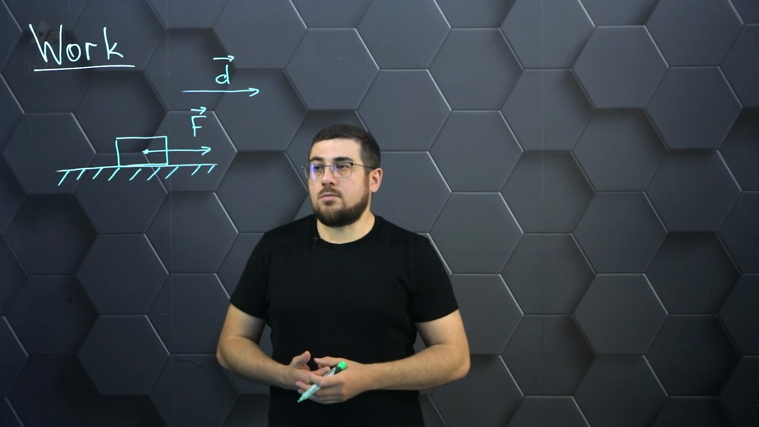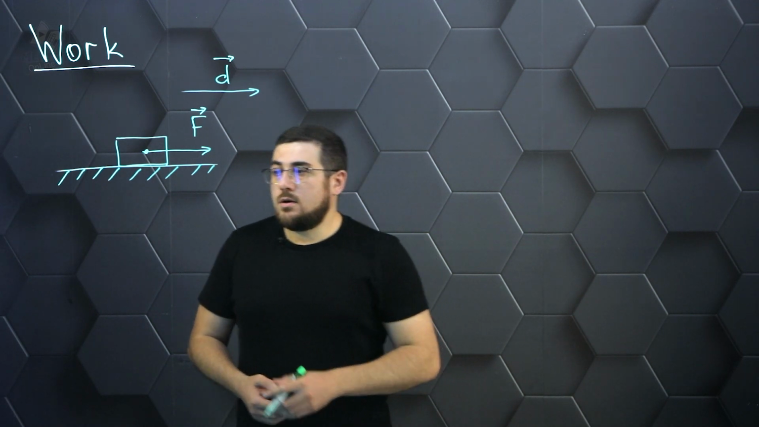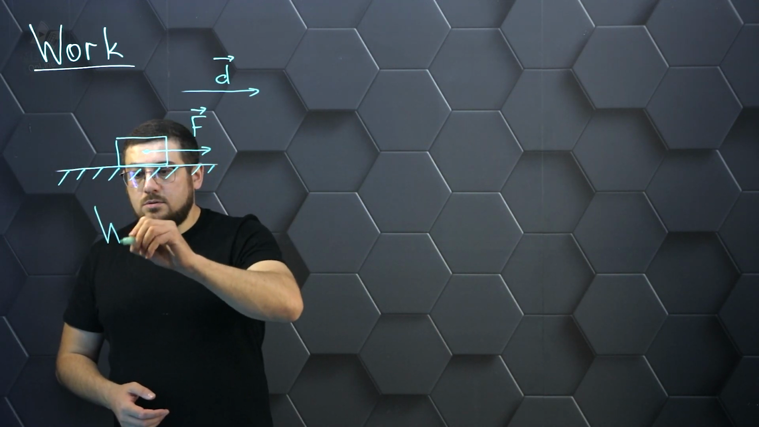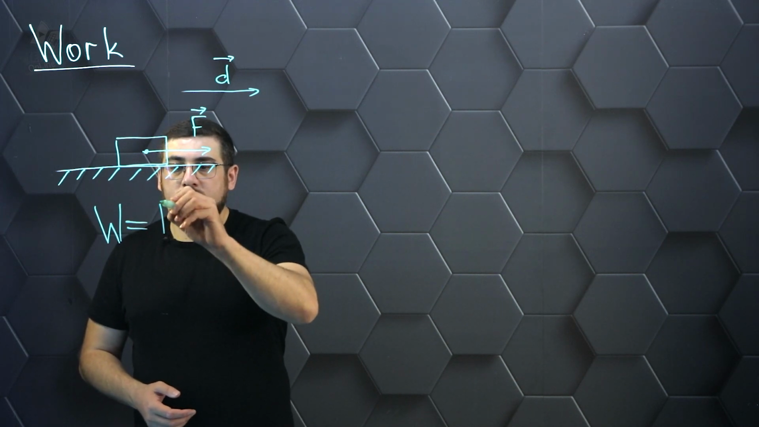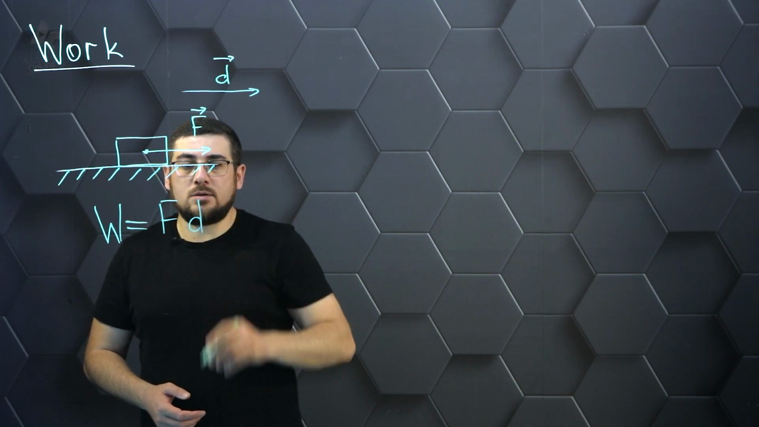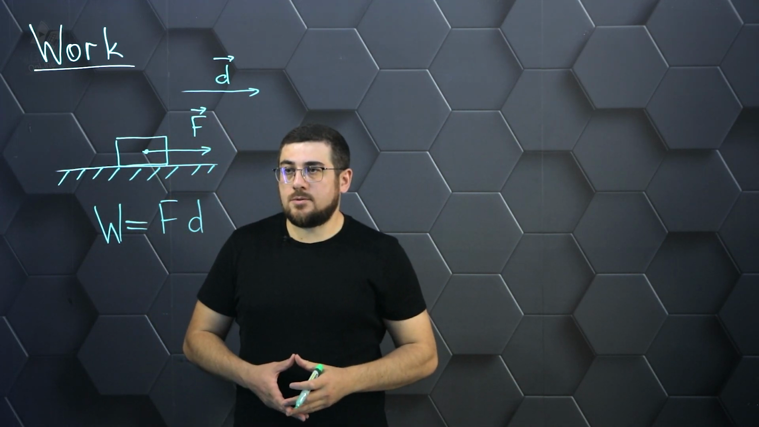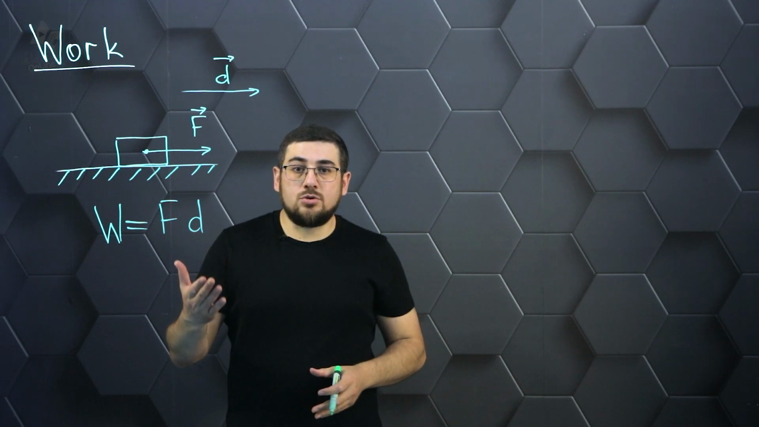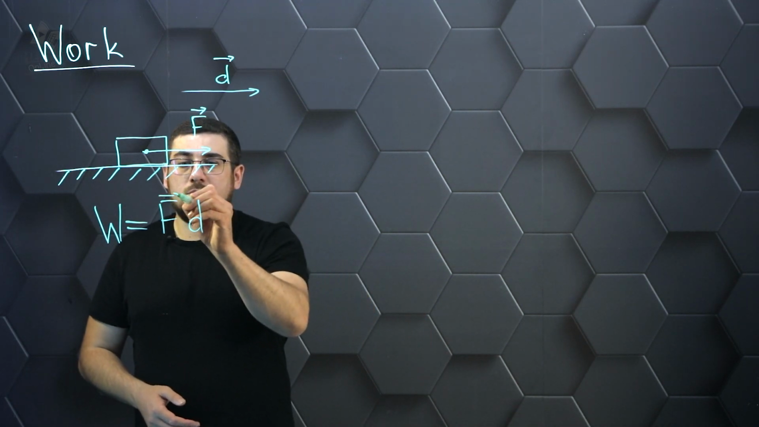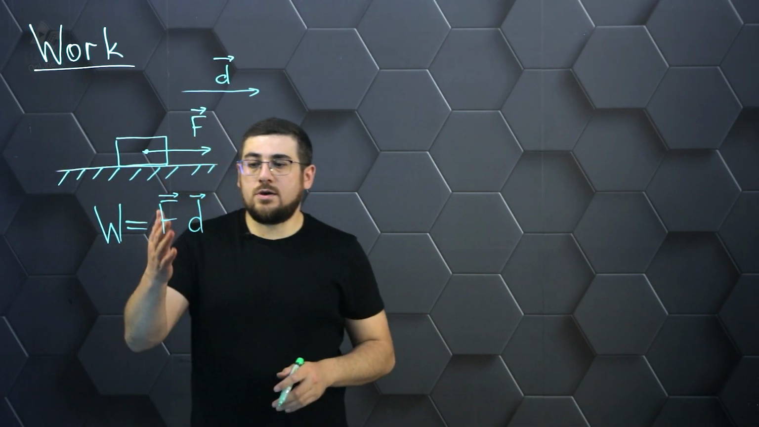What then is the formula by which we can determine the work of a given force? The work is denoted by the letter W. And by definition, it is equal to the product of the given force by the displacement of the given body. In this case, we are talking about the scalar product of two vectors, the vector of the given force and